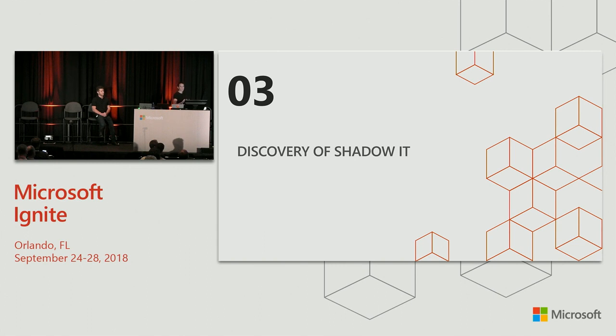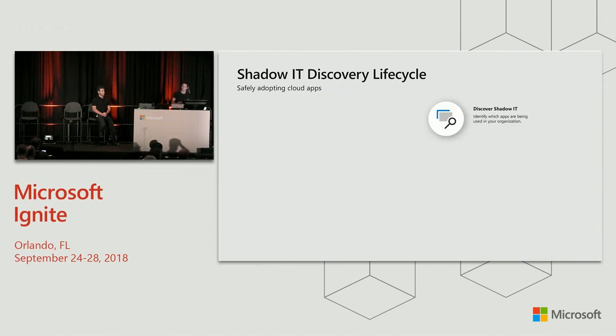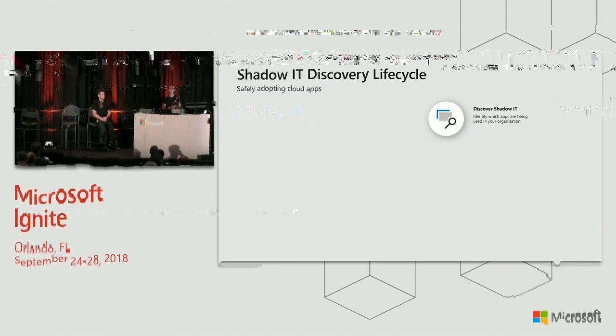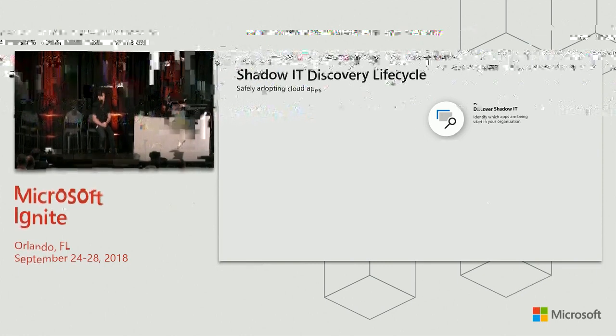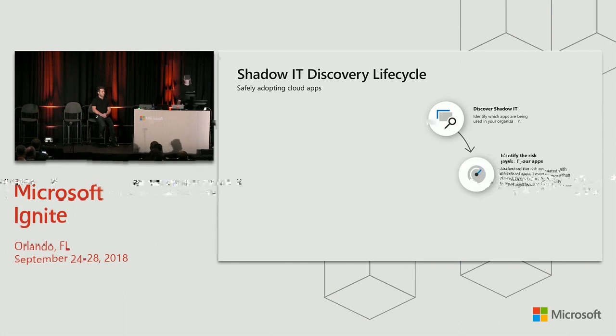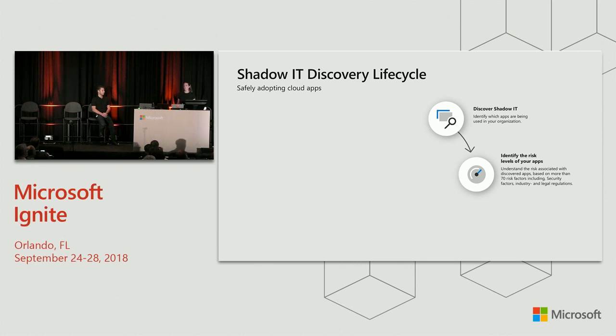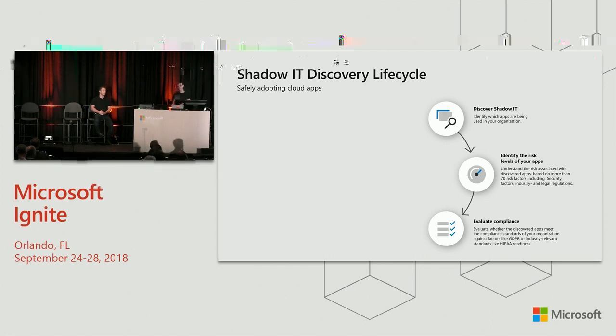So with that, we're going to start diving a little bit deeper into the individual capabilities on what you can do with Cloud App Security. So I want to start out with the part of discovery, understanding what your environment looks like today. And we really think of this as a life cycle, because the initial discovery is super important, but that's really not where it ends. So while you would start with discovering shadow IT in the beginning, and I pointed out earlier, identifying the risk levels of your apps, we provide you a set of 70 risk factors that you can analyze, and we'll show you a little bit better what they look like in the demo.